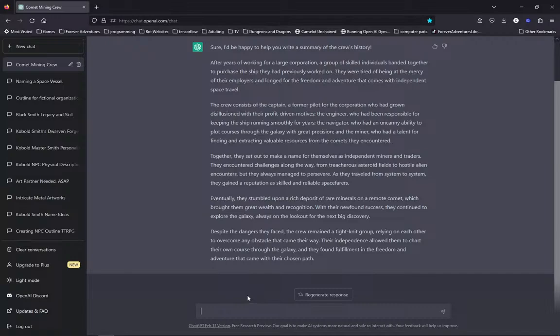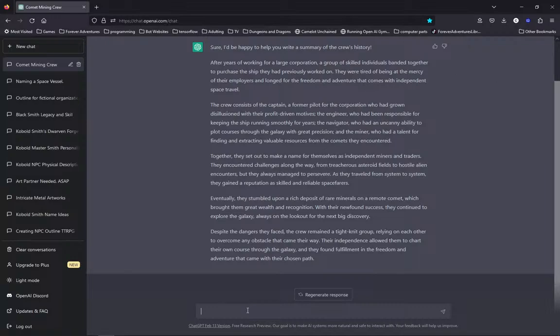And then I'm going to get it to give names. And then, of course, I'm going to tell it to get rid of the words the ship and change it into the name, which is Comet something. I already forgot. Comet Catcher. There we go.